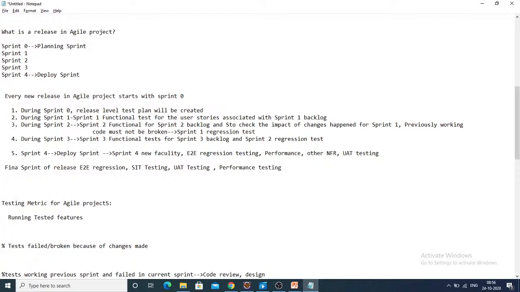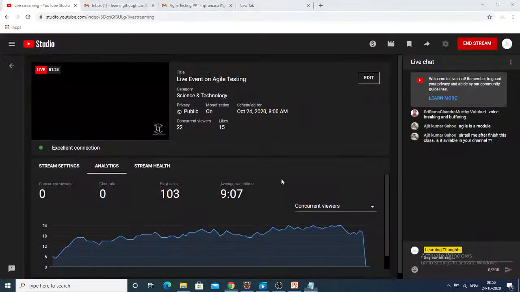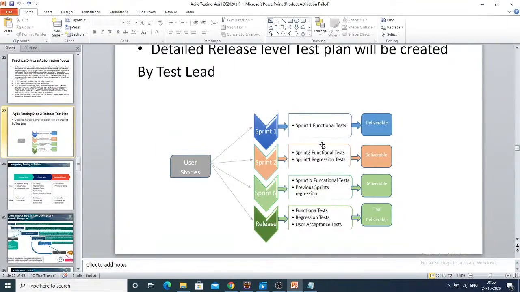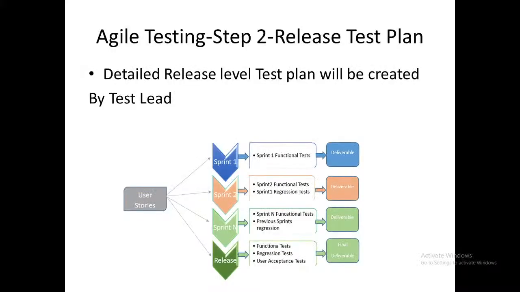So this is how testing happens in each sprint. That is what is clearly explained here. Okay, so